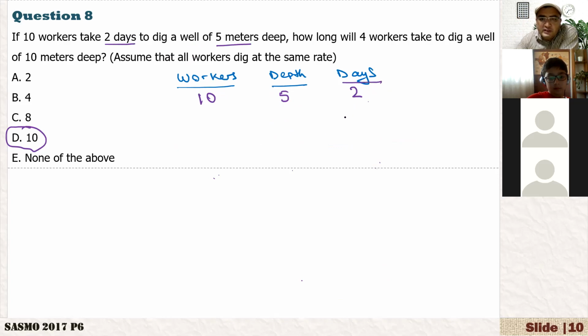So the question here is, okay, let me just write the question. The question is, how long for workers take to dig a well of 10 meters? How long does it take? So X days. So now if I have 4 here, for example, and 10 here, this number gives us the value of X, right? So how can I have 4 here? So number one,